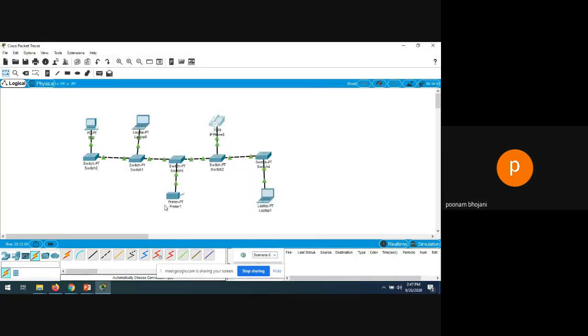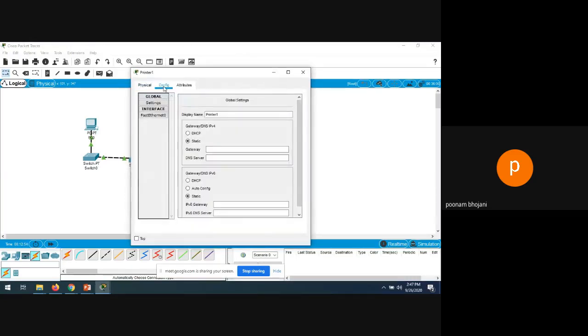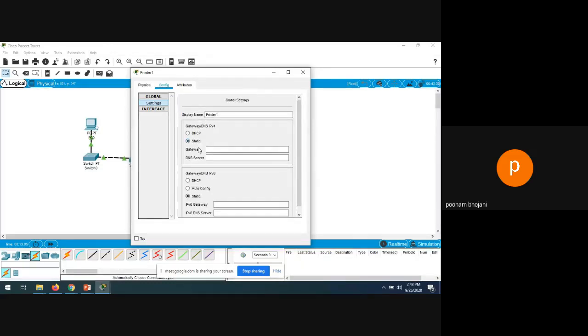Let's see if it works without it. Only gateway, DNS, IPv4. It should be used.